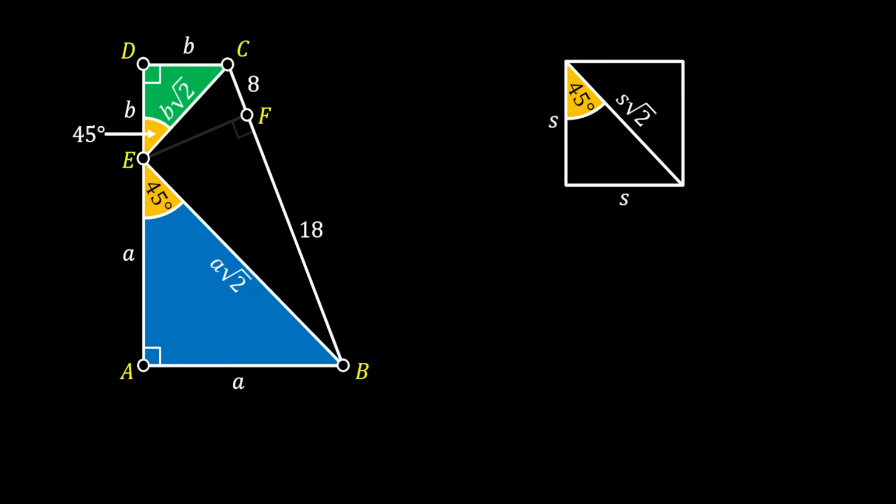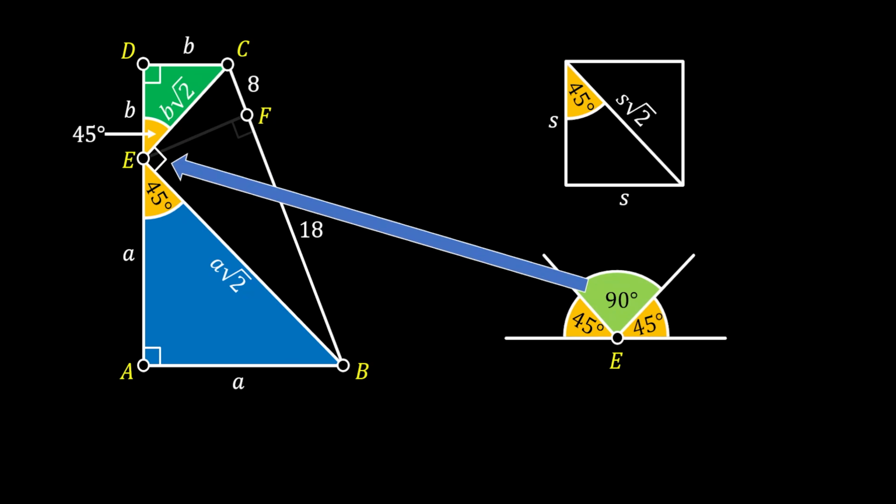Alright, so now let's take a look at the overall angle at the point E and let's isolate this angle on the bottom. You can see that the angle at the point E consists of two 45-degree angles, but the overall angle at the point E is 180 degrees. This means that the remaining angle must be 90 degrees. So let's label this angle on our sketch on the left. Now we got something interesting here, because we now know for a fact that our triangle ECB is actually a right-angled